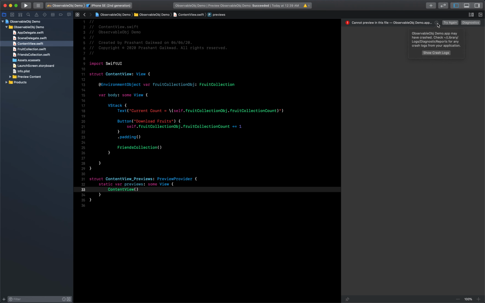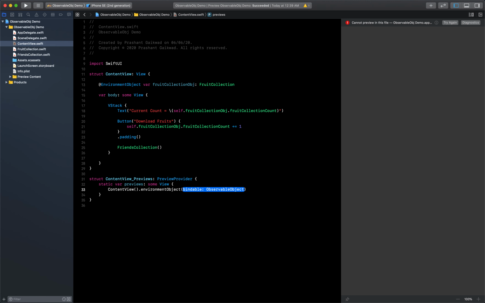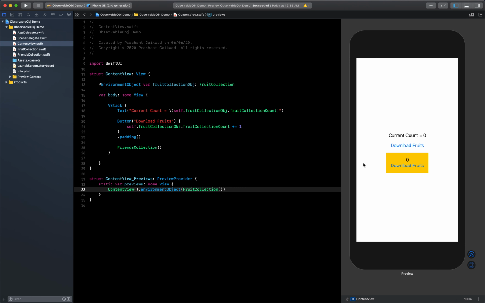See, it won't display your content here. So for that what you have to do is, here also you need to set the environmental object, and again we have the fruit collection. So now let's try. Okay, now it's working. So let's try and see if our example is working or not.